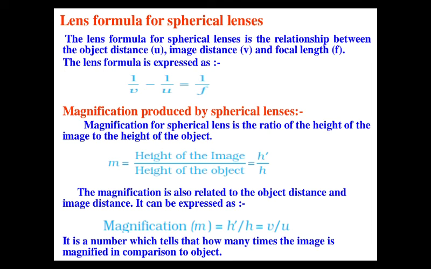In the same way, in one more example, if the magnification is -0.5, the minus sign is telling that a real image is formed, and 0.5 means the image size is half as compared to the object. So what type of lens is this which forms a real image of smaller size? That is a convex lens. So you have to understand these things properly, and there can be questions on the basis of these values.